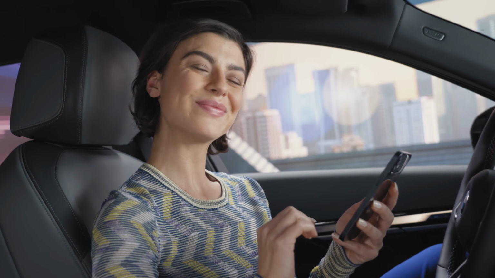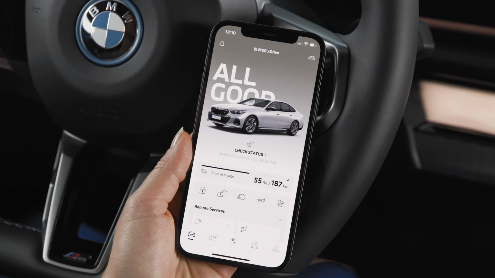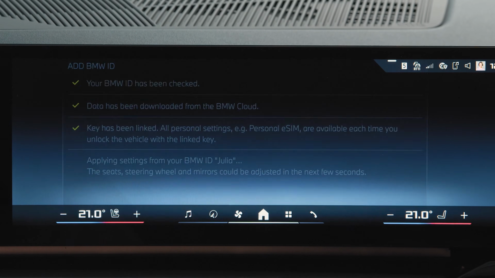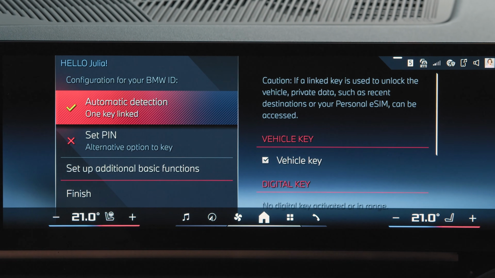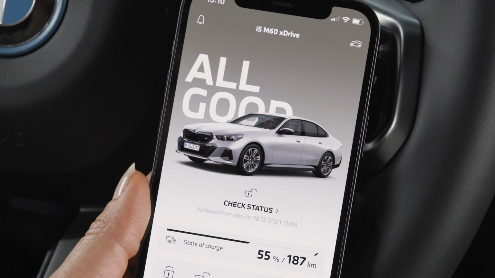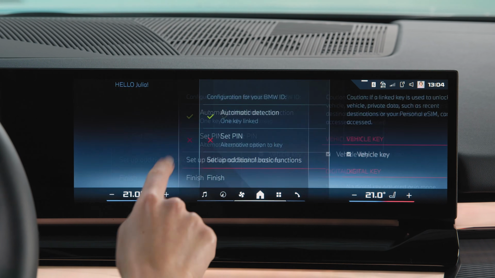Last but not least, after the initial login, the car is added to your My BMW app, ready for remote interaction. That's all. Now your profile is set up, with your key linked to it and your car added to your My BMW app. You can set up more basic functions,